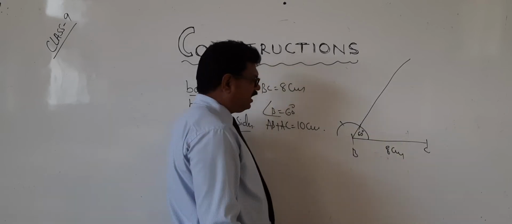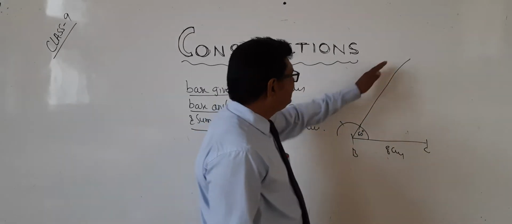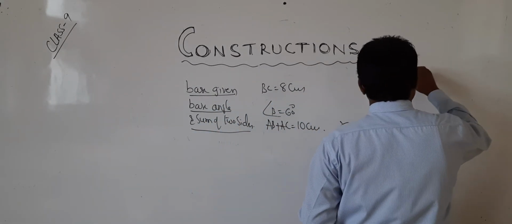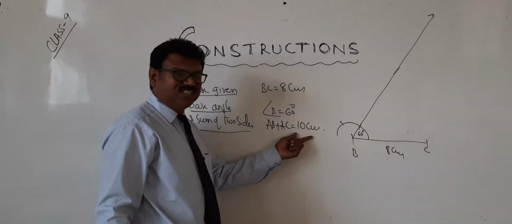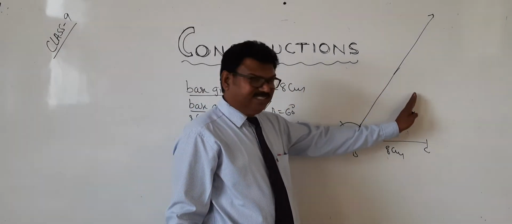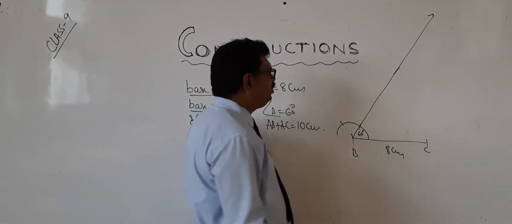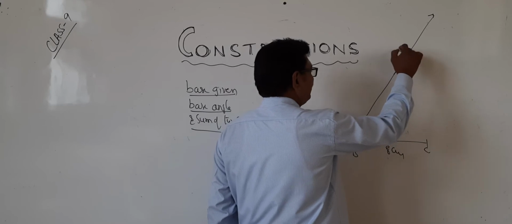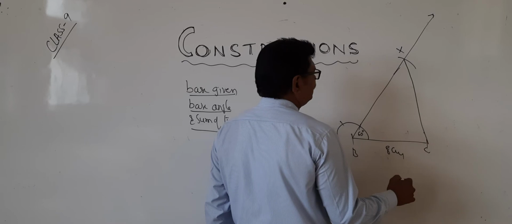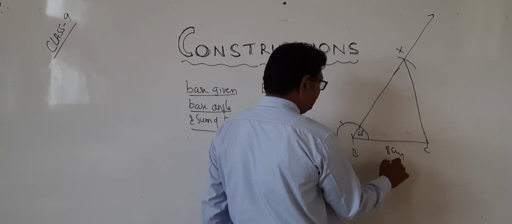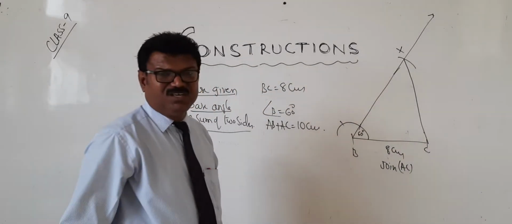Okay. Now base is over, one base angle is over. Now this is the line. In this line we have the sum of the two sides. Sum of this and this. How much is it? 10 centimeters. From here you cut 10 centimeters, for example X. Now join this line. Now what have I done? Join XC. This is the latest practical.